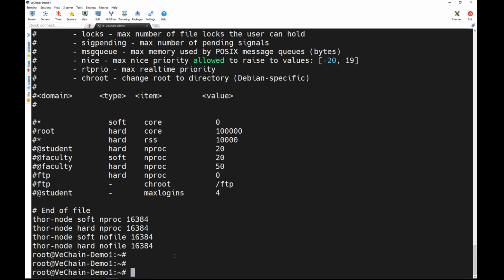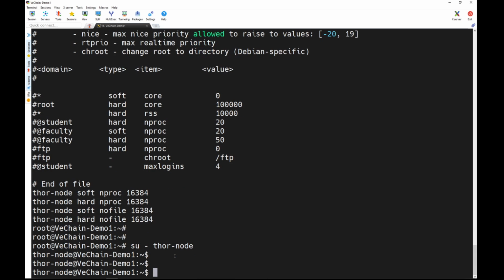Now we're going to get inside our Thor user. And there we are. And now we have to set the Go environment parameters. This is for the Go specific parts of the VeChainThor node to be set, so that the Thor node will run smoothly. For that, I am going to echo export PATH=$PATH:/usr/local/go/bin